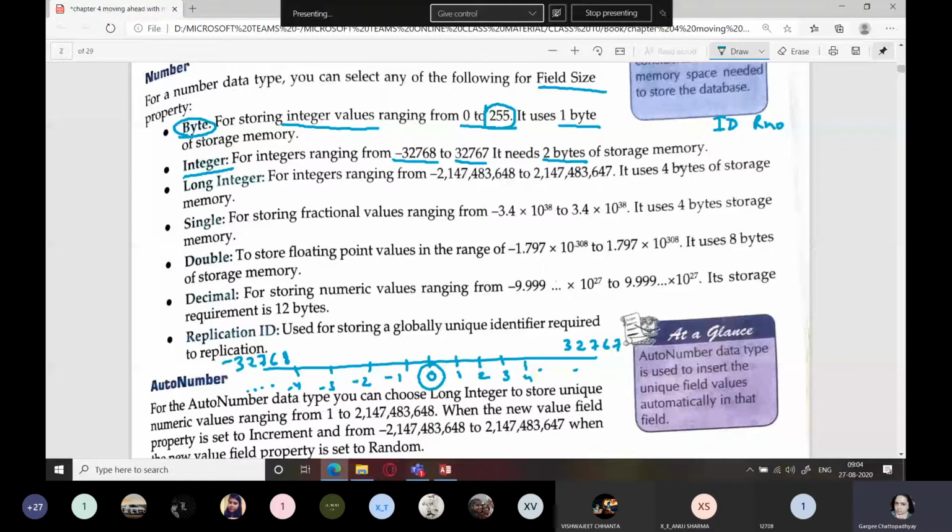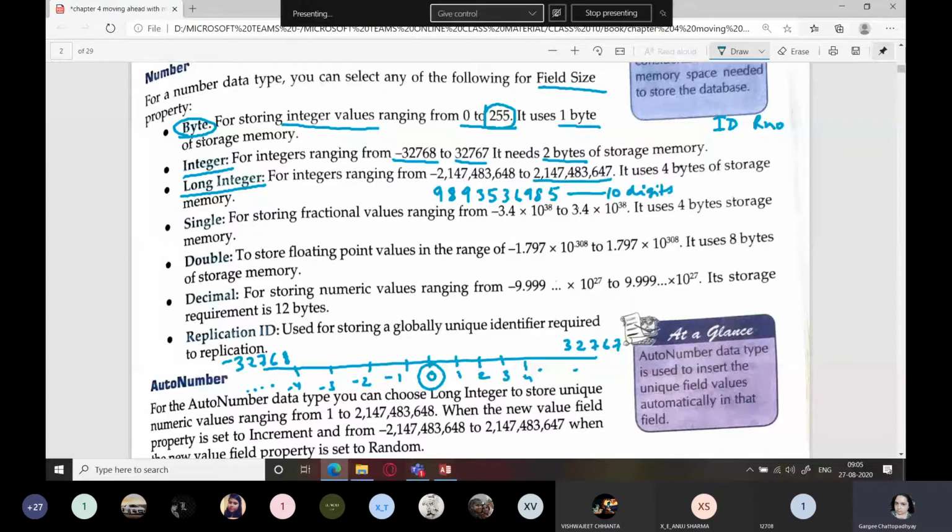Next is long integer. The reason why we were not able to store our mobile number is this. Suppose this is the mobile number, 98935, how many digits? 1, 2, 3, 4, 5, 6. It's 10 digits. And over here you can count what is the limit: 1, 2, 3, 4, 5, 6, 7, 8, 9, 10.